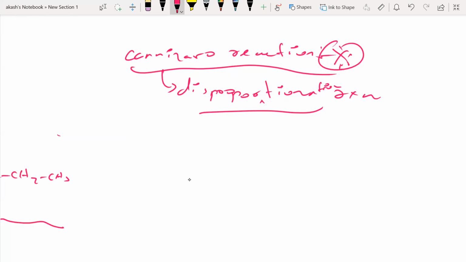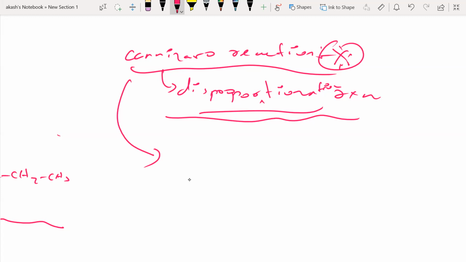There will be one compound. That compound only will get oxidized and that compound only will get reduced. Those kinds of reactions are called disproportionation reactions. Reduction and oxidation happening on the same compound is what is called disproportionation. So in this case, we have to understand